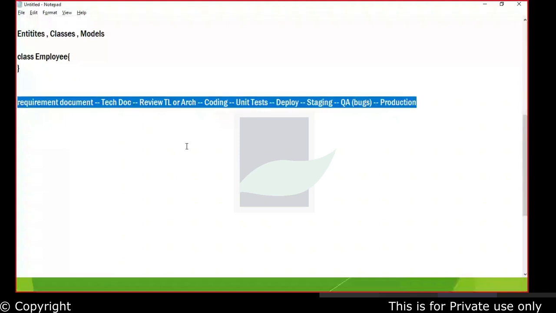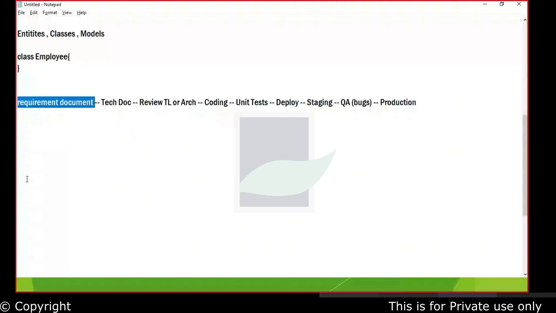What is the life cycle of your requirement? Where did it all start? It started with a simple text. What is it that is present inside the requirement document? It is text. They would come up with functional requirements in a text format. I, as a software engineer, convert that text into a technical document. How do I do that? I need to match the words. So I need to look into the verbs in a statement. So if someone is speaking about, let us build a student information system, SIS, for a university.